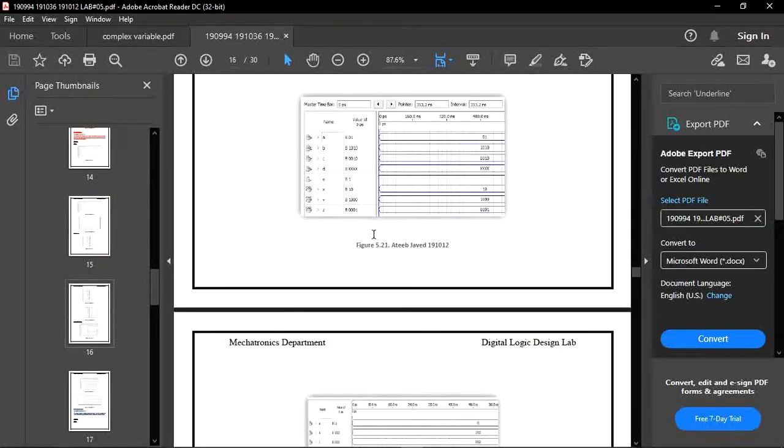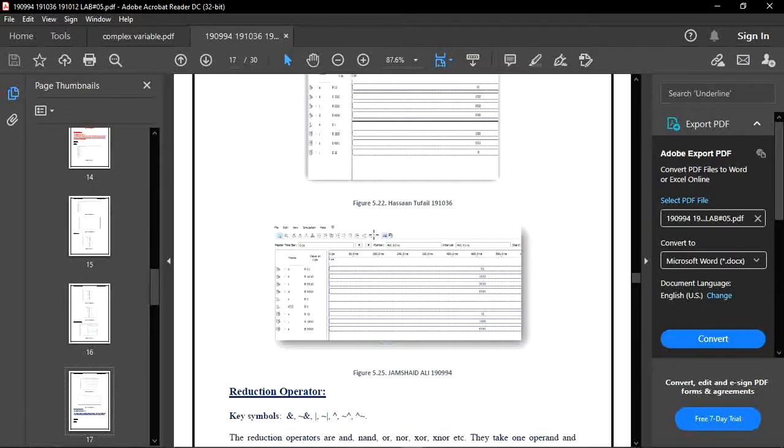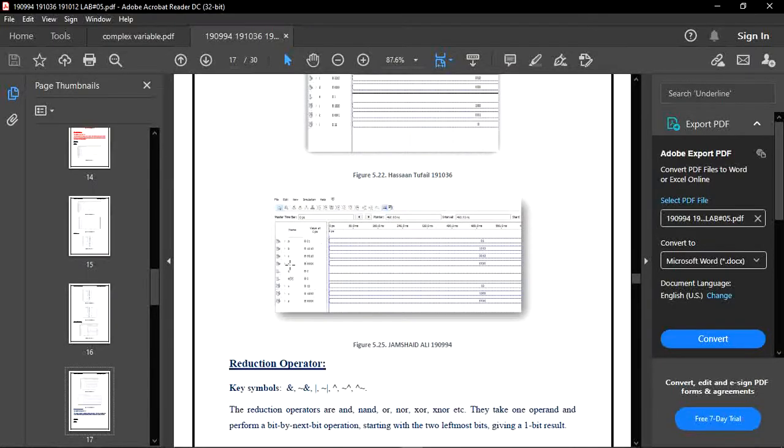So now you can see in our output, if we perform the negation of A, first of all we have to give the A input, which is 2 bits, 01. So our negation will be performed, and our output will be 10, which is the reverse of it.